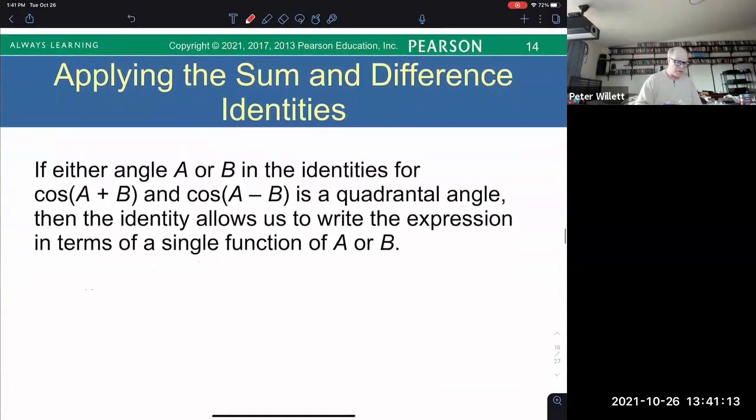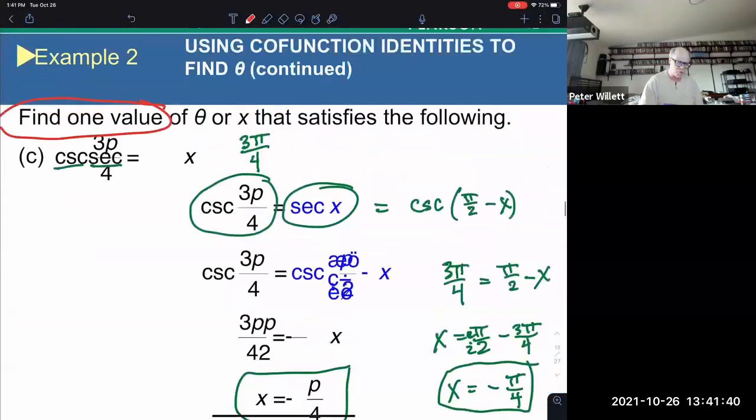All right, so they have like a general idea here, applying the sum and difference identities. If either angle A or B in the identities for the cosine sum or the cosine difference is a quadrantal angle, that means ones that's right on the border of a quadrant, like 90 degrees, 180, 270, things like that, then the identity allows us to write the expression in terms of a single function of A or B, which is what I was illustrating